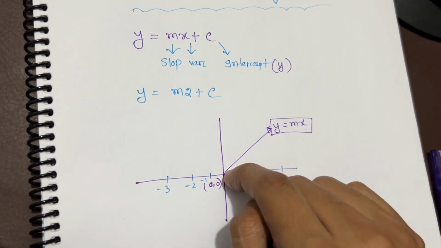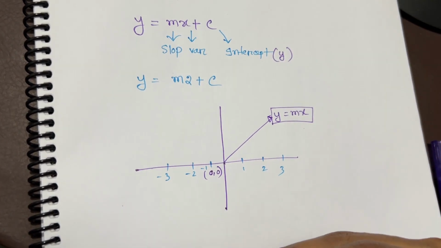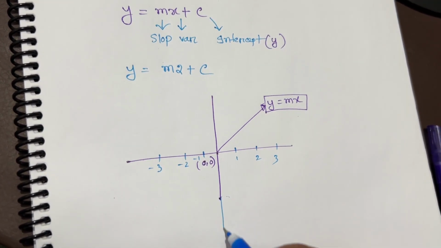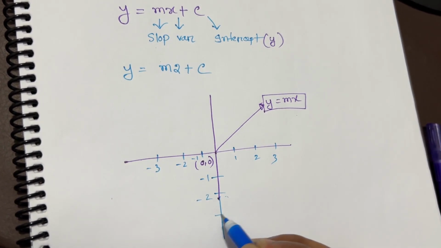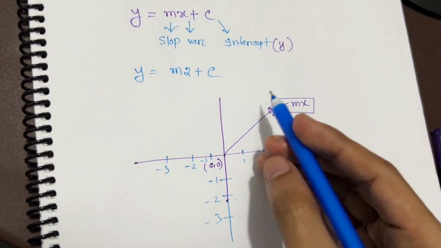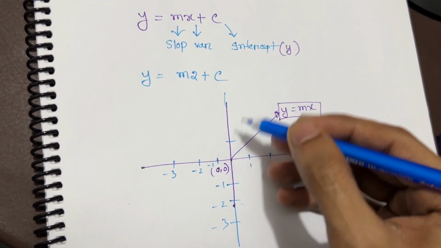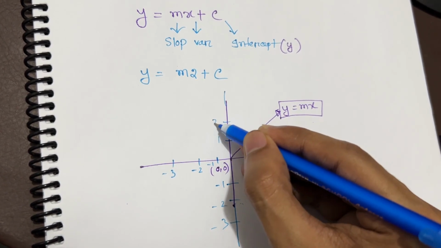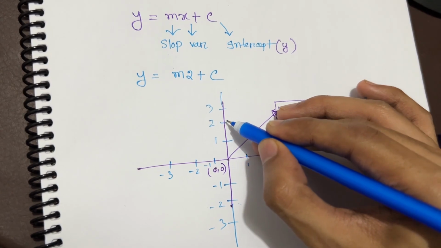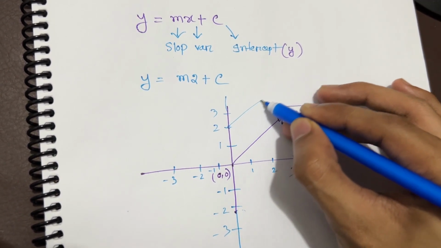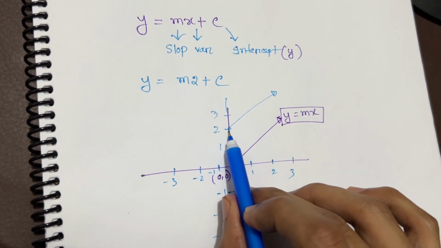The y value, the upper side of the y-axis is always positive, and the lower side of the y-axis is always negative. So if I write it like this, it should be minus 1, minus 2, minus 3. You don't need to be really perfect. It's very easy to understand, and the upper side is always positive: 1, 2, 3. Now if I write one more equation like this, from 2 to like this, okay,